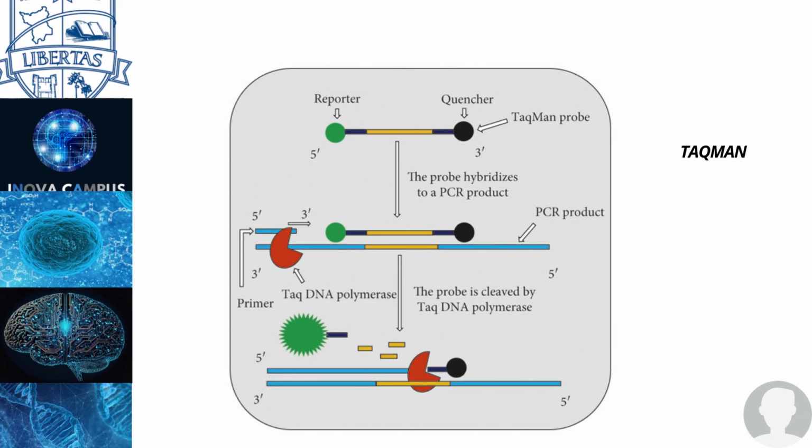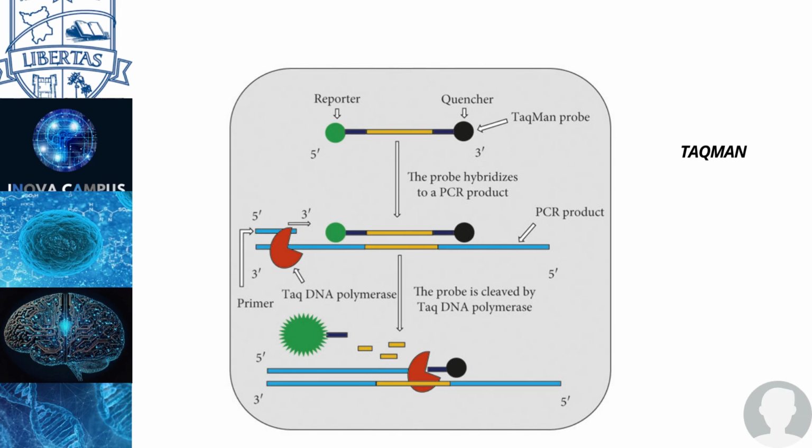One end holds the fluorescent dye, and the other end holds a quencher. And this quencher impedes the dye from producing light. So in the beginning of the process, you're going to do the denaturating. You're going to use the primers, and together with the primers, you're going to have a probe that will attach itself to a single-stranded DNA chain. It will attach itself to it, and when the DNA polymerase does its job, it will